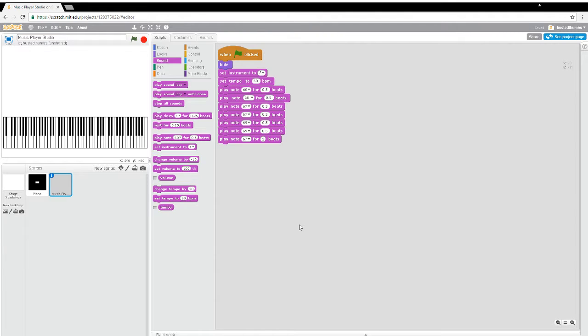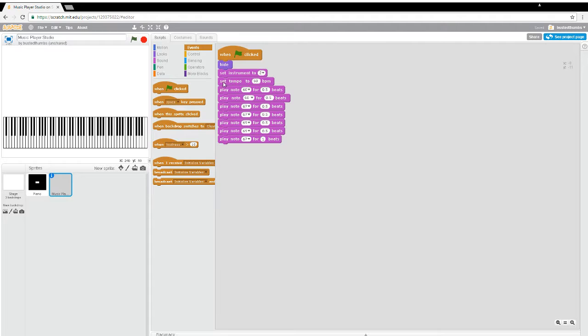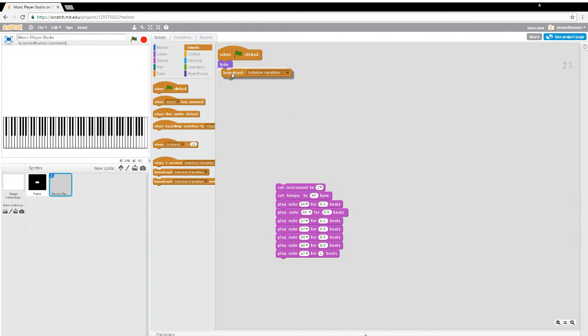just like when we animate something, sometimes you want it to look like it's doing one thing while switching the costumes around while it's moving. So you can make it so that these things happen at the same time using events if we wanted to. So for instance, if I said broadcast, and I set a new message to play Twinkle Twinkle. Right, I make that a message. Then when I receive play Twinkle Twinkle,